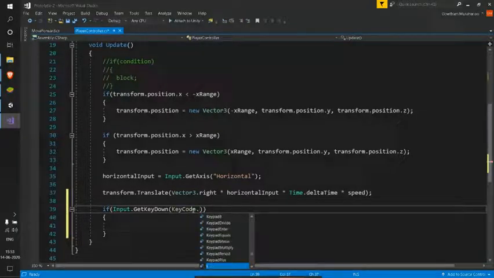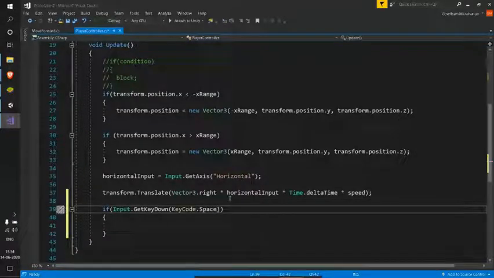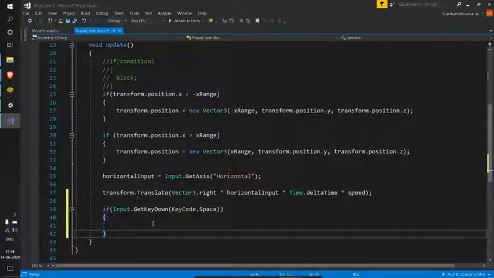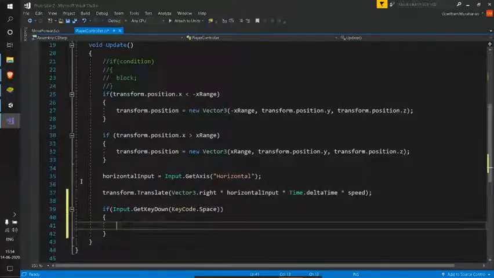So whenever we press that key, I have my space here. This KeyCode dot Space will give the get key down function the particular value when space is pressed. So it will detect if my space key is down or not. So I have checked my if. Now let me write a comment stating what I'll be doing here.